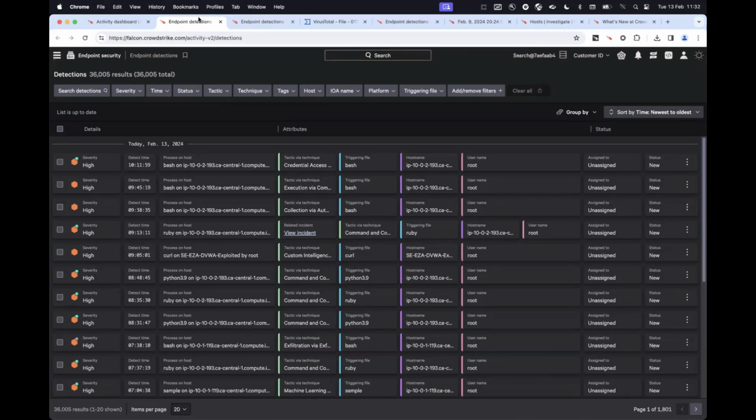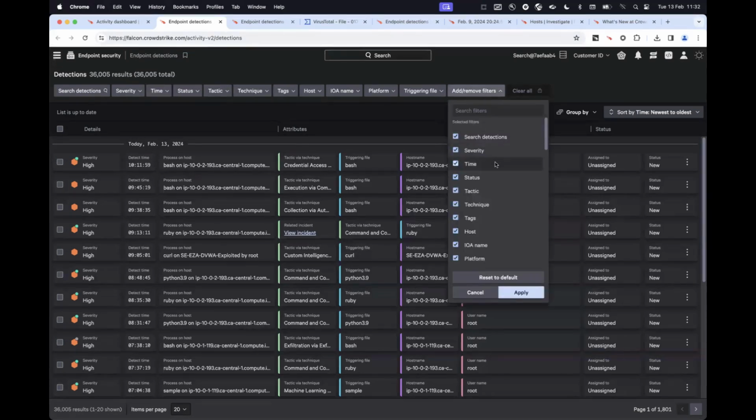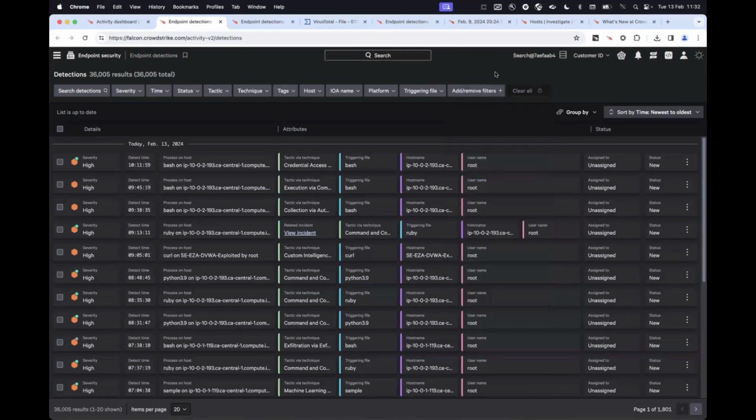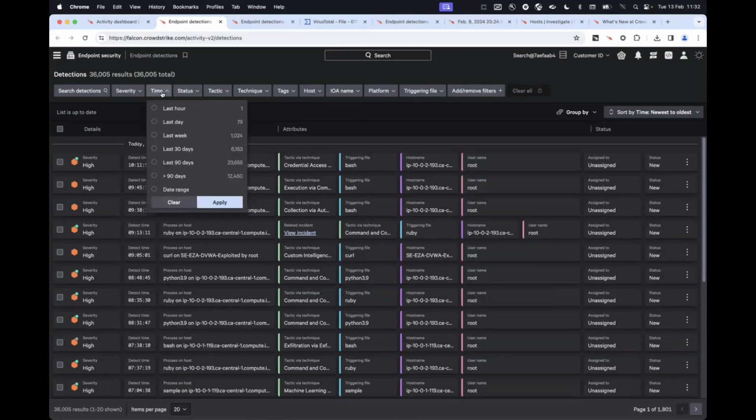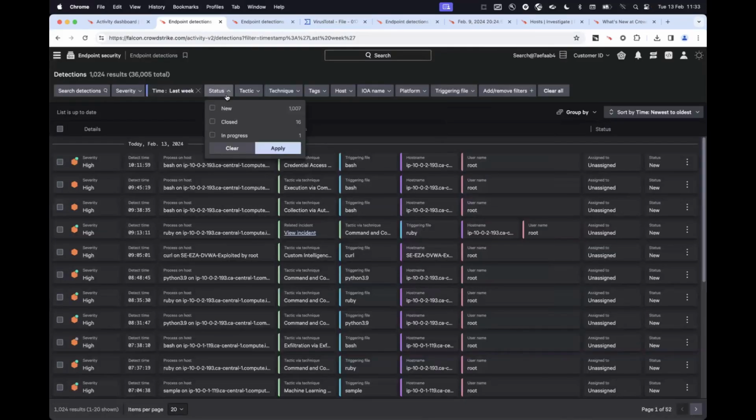You'll probably want to come to a filtered version of this view. And again, as mentioned in the presentation, you have some basic filters here that are included in the page by default, as well as a much larger list of fields that you can activate via the Add Remove Filters button here. So if I'm coming in, say, at the start of the week, I want to perhaps come in here, select the time filter to last week, and maybe select the status to new as well before I process these